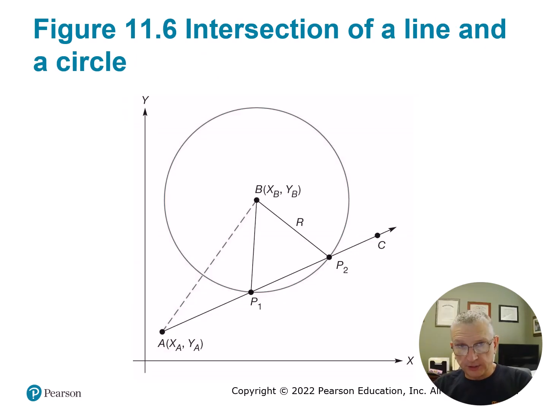figure 11.6. Because we deal with curves so much, like I was just saying, in any kind of road, and railroad is a different topic, but they have circular curves. Anytime we're dealing with a circular curve and a line, we may very well be trying to figure out a lot about how they intersect. And so 11.6,